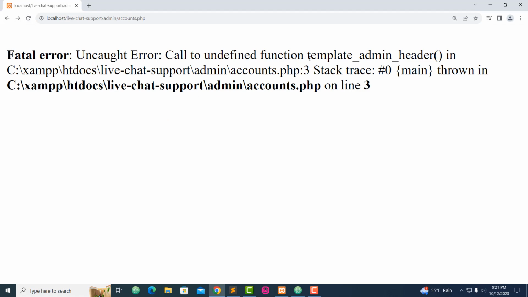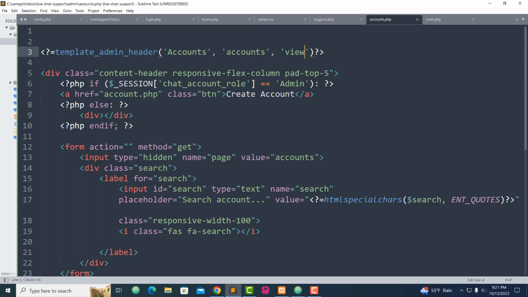Okay, we still got undefined template admin header on line 3. Let's see what's going on. Line 3, we got template admin header. Okay. Now, we don't see it. Why? Remember,